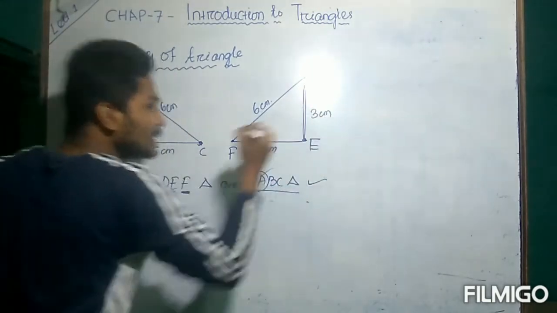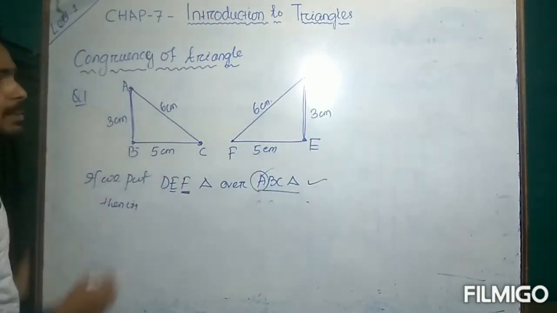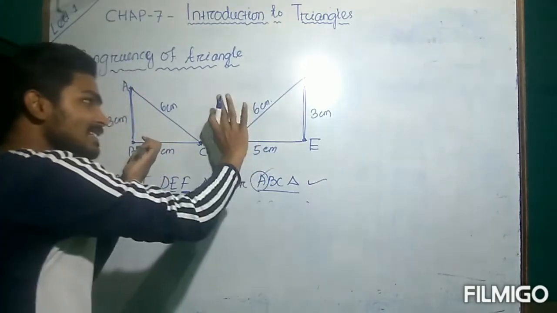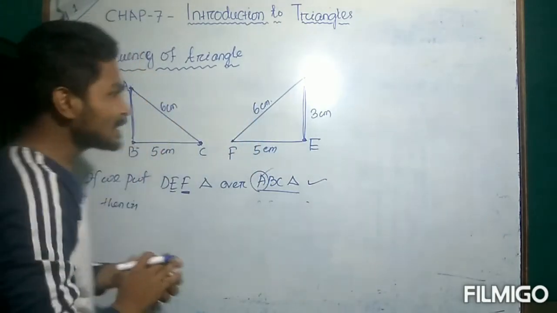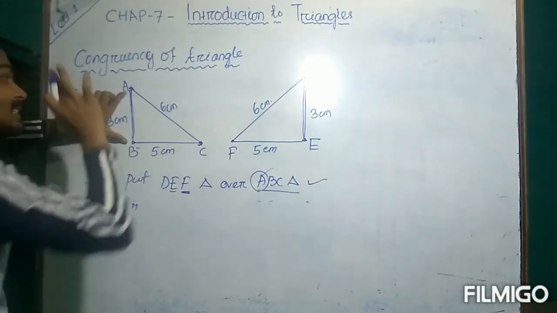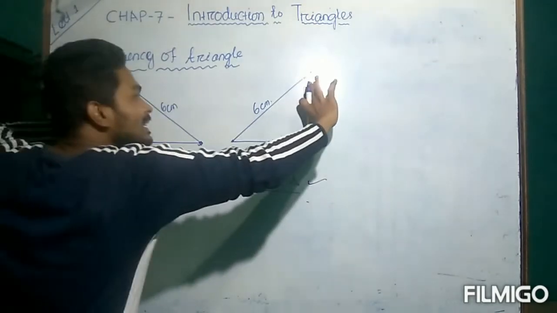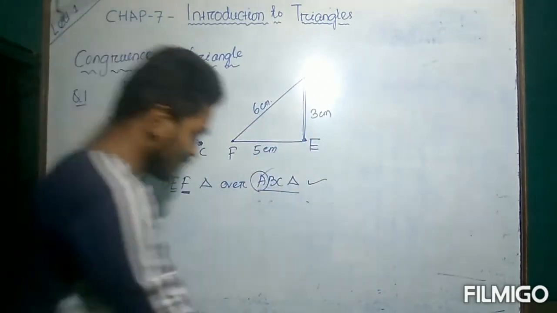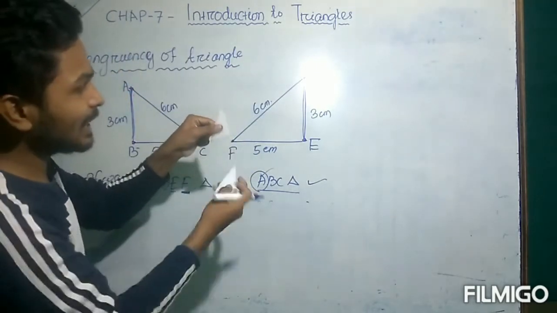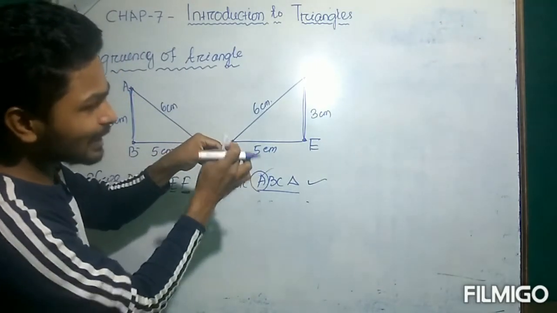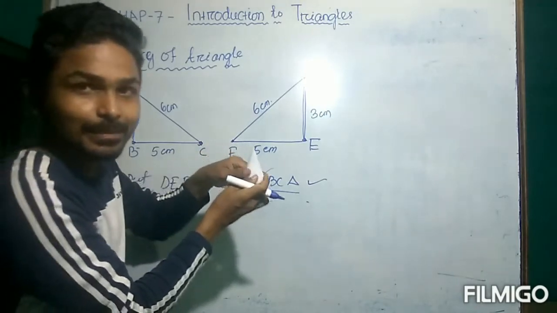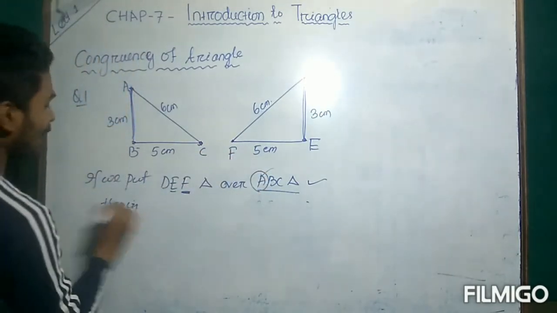See, this is 3 centimeter. Then this is 3 centimeter. We rotate it like this and put over this. So this side is completely covered by this side. Yes or no? Yes. This side is completely covered by which side? This side. Yes or no? Yes. Okay. So you can write